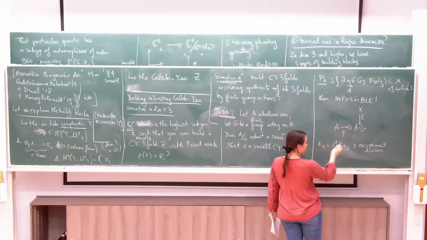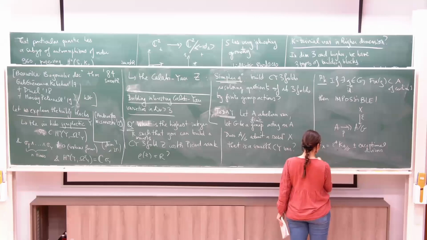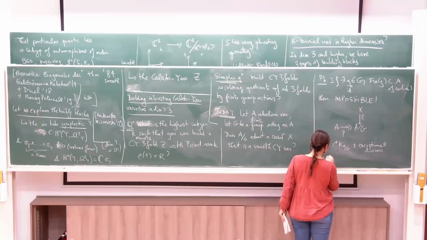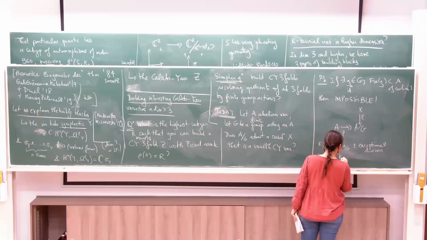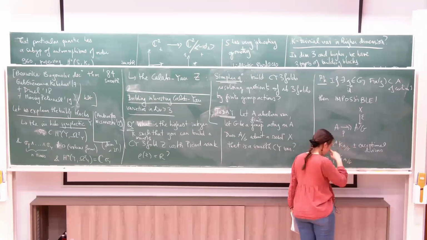And now K_A is the pullback of what's on the quotient,